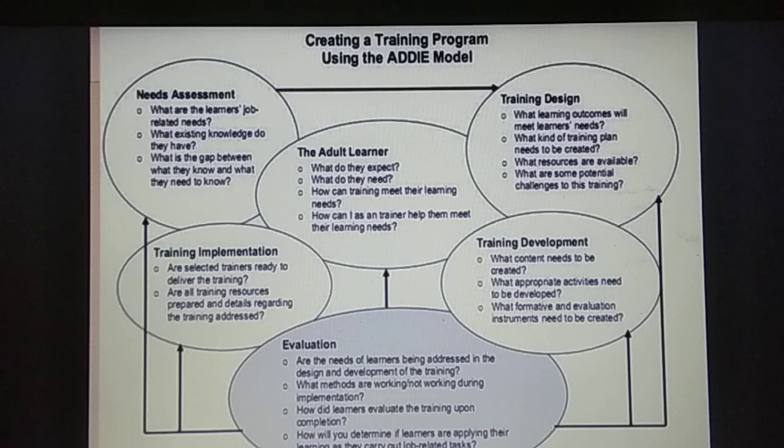Okay, so first one is need assessment. What are the learning job related needs? What existing knowledge do they have? What is the gap between what they know and what they need to know? This is needs assessment. Needs assessment is carried forward to the training design, in that what learning outcomes will meet learners' needs, what kind of training plan needs to be created, what resources are available, what are some potential challenges to this training. Now, this training design is carried forward